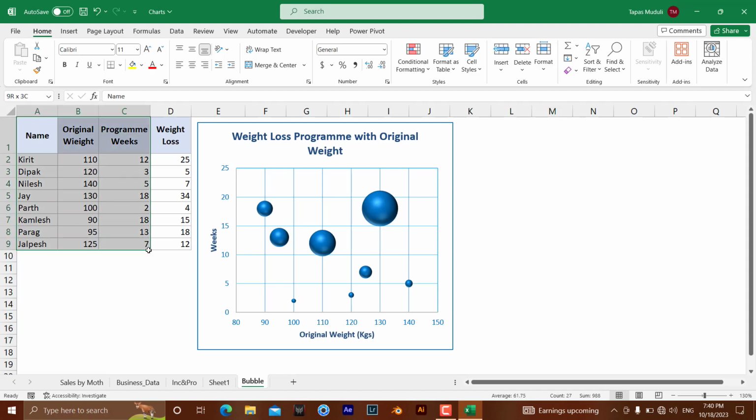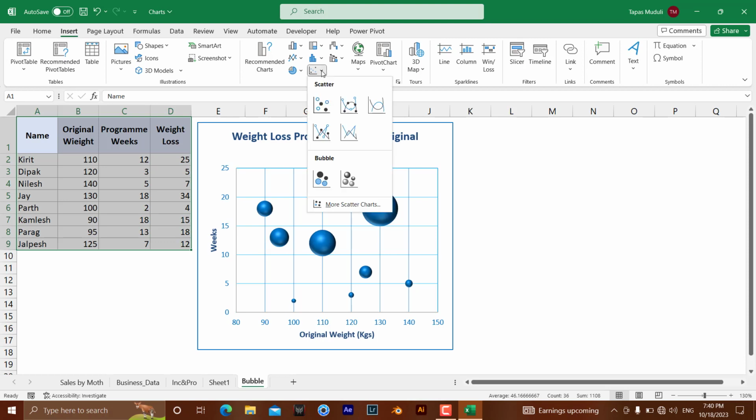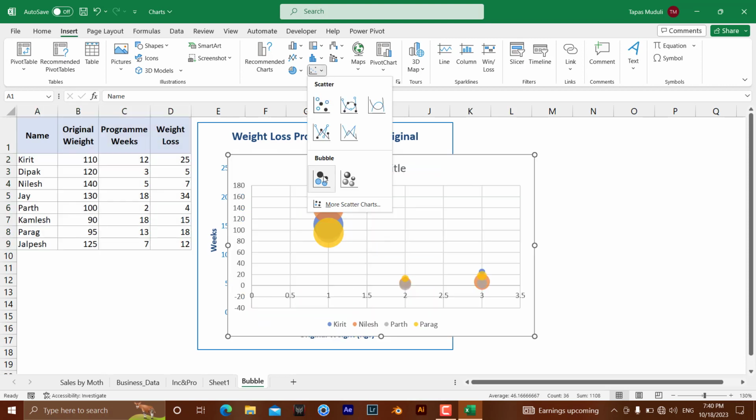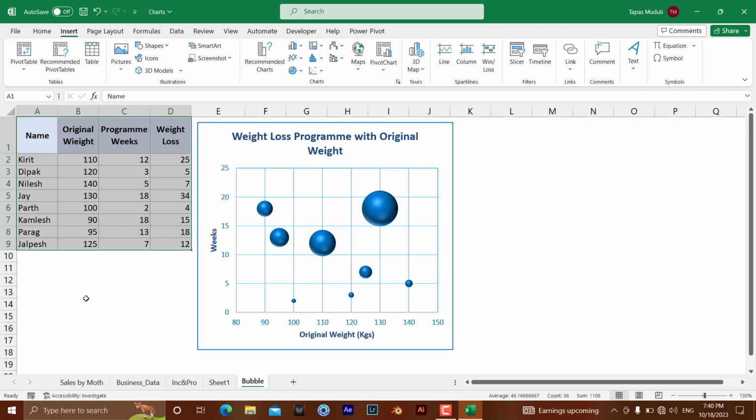Let me select all this data and insert. If I go to scatter over here, this is a bubble chart, right? The moment I click over here, it says use this chart type to compare at least 3 sets of values or pairs of data, right? So instead of taking all, let me select 3 data over here,